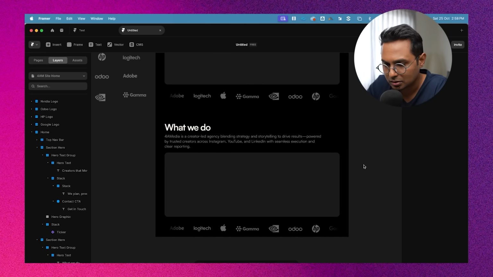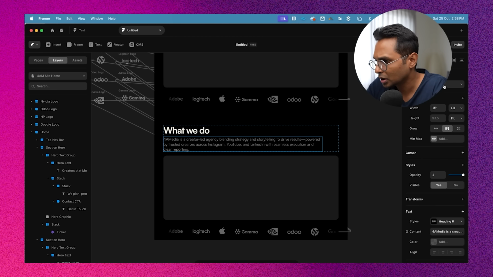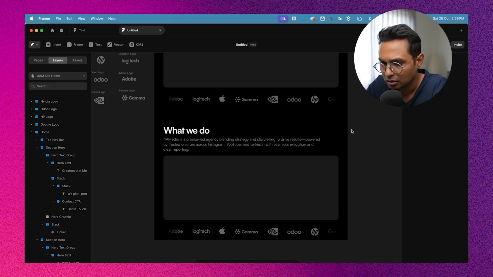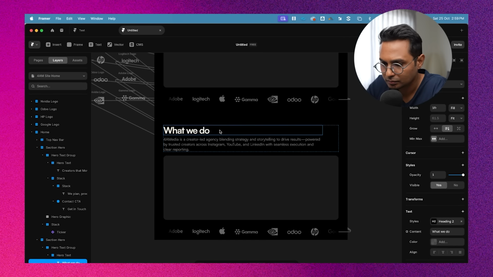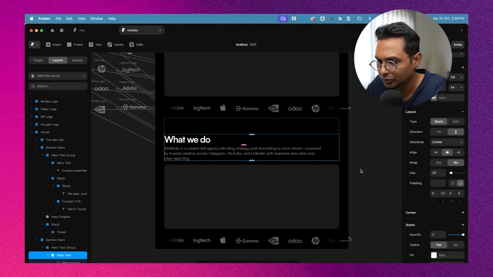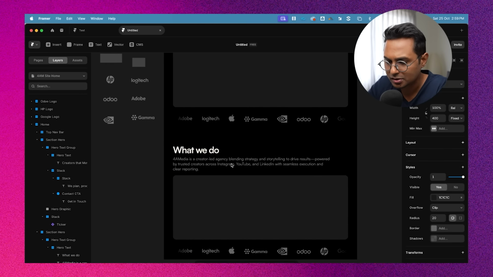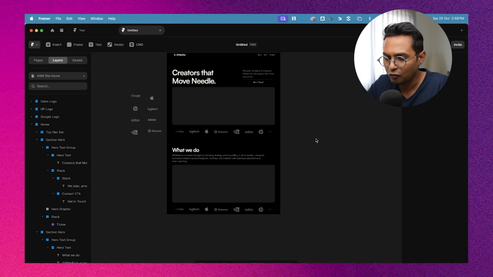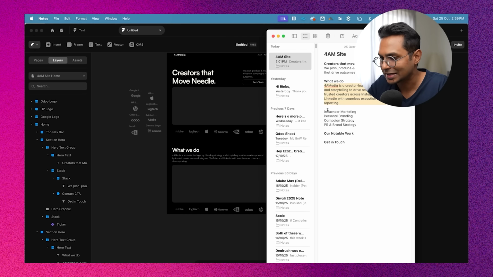Yeah, I think this is fine. This one also we can set to width fill, and for this text we can set the width to relative and set it to 100%, and the width is set to fill. Okay, we have this. Now underneath this, I want 4 sections with these: influencer marketing, personal branding, campaign strategy, and